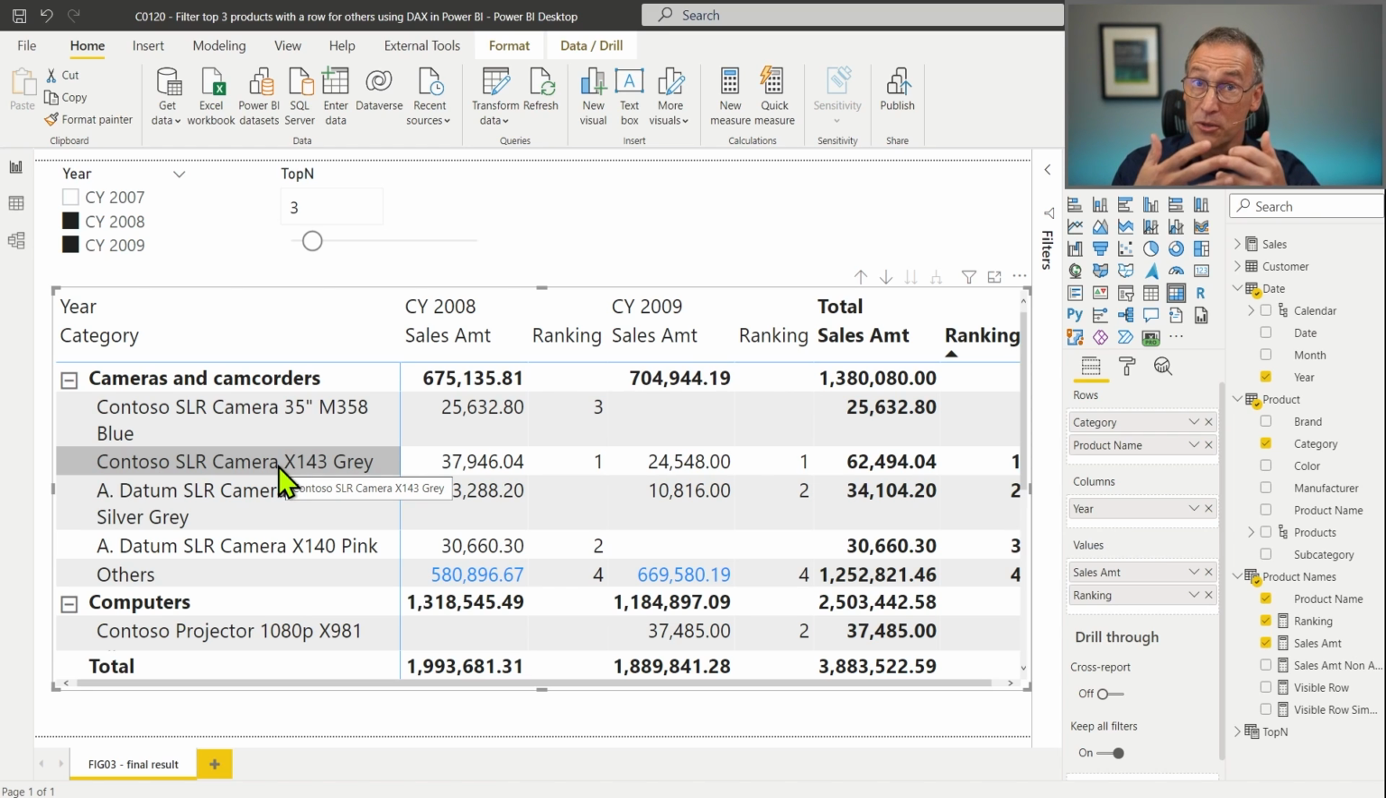And here is the problem, the first problem that we need to face. That is, define what to do and what to show. Because when we say that we want the top 3 products and we slice by year, what do we mean by the top 3 products? The top 3 products each year, which is what the measure is showing